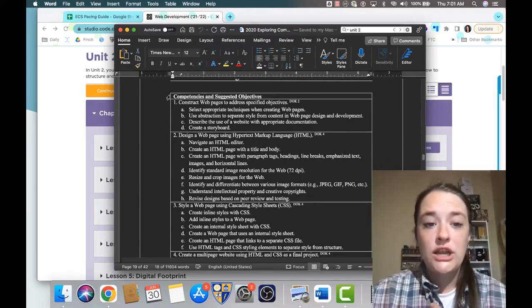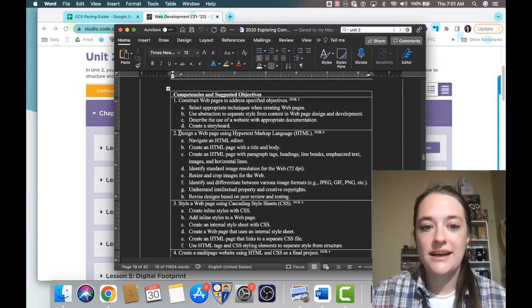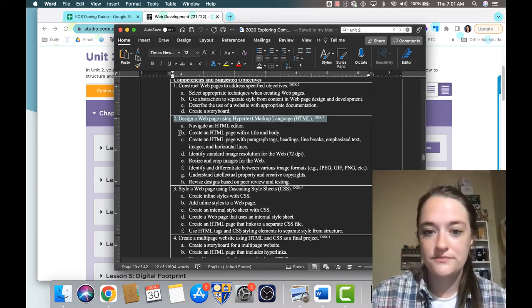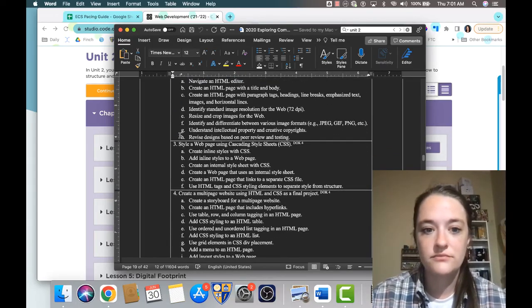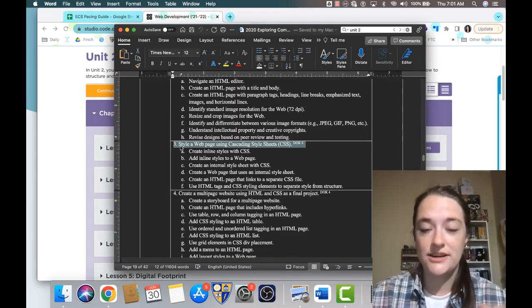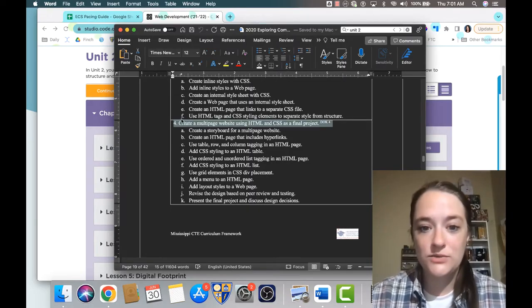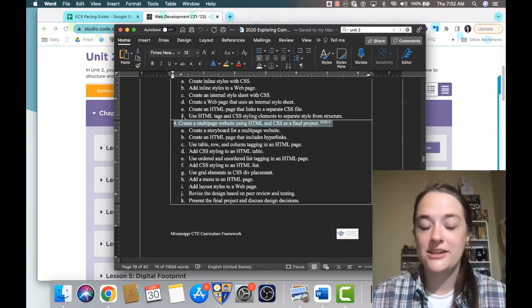So in Unit 4, you are going to be able to construct web pages to address specified objectives, design a web page using HTML, style a web page using CSS, which stands for Cascading Style Sheets,